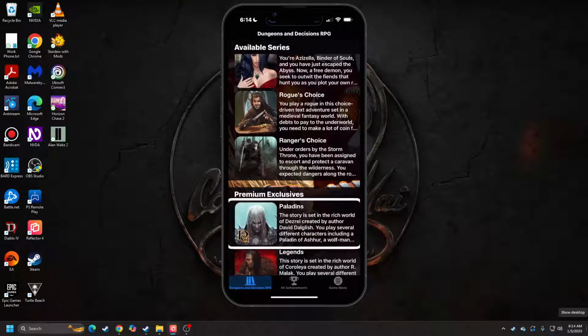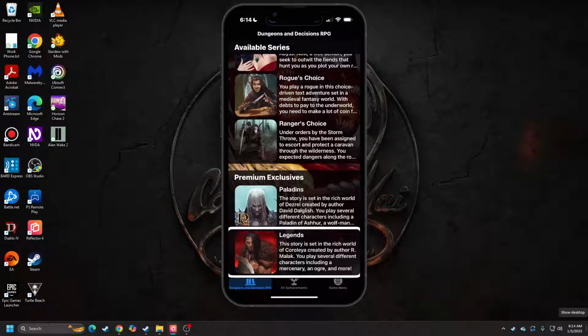Paladins. The story is set in the rich world of Desril created by author David Dalglish. You play several different characters including... Legends. The story is set in the rich world of Coralea created by author R. Malak. You play several different characters including a